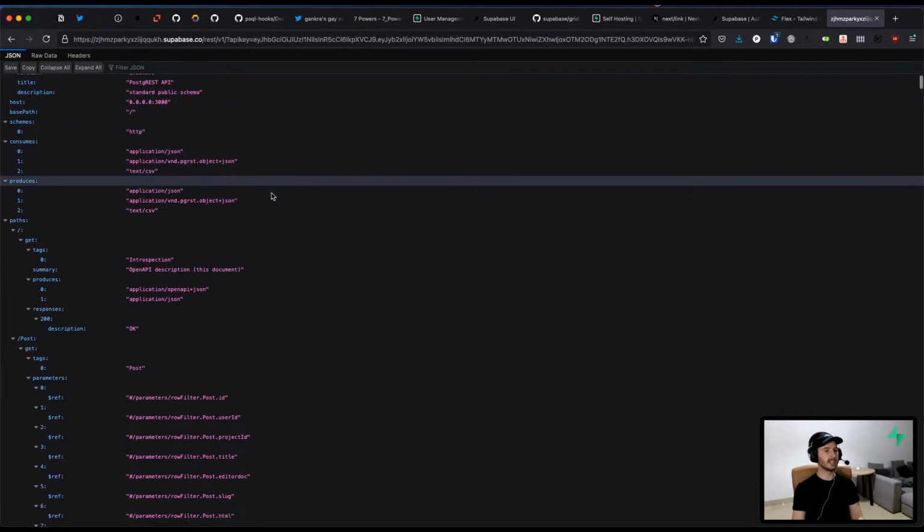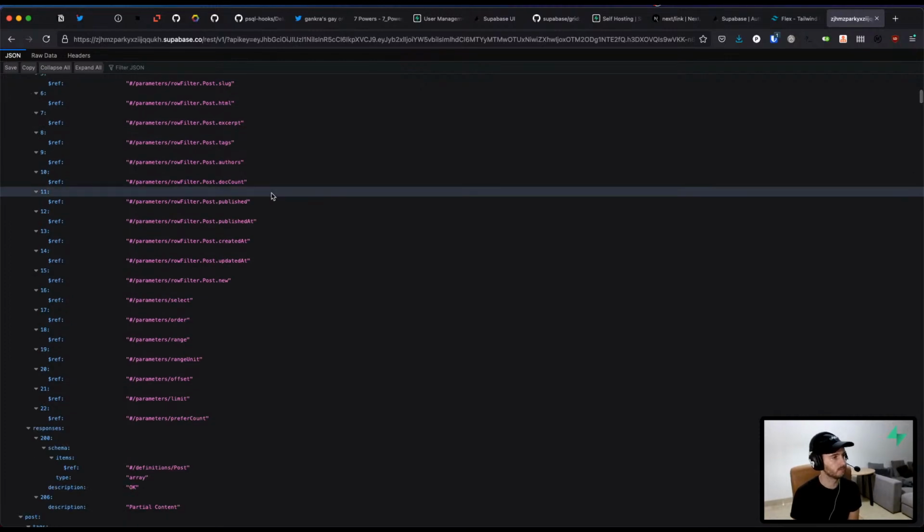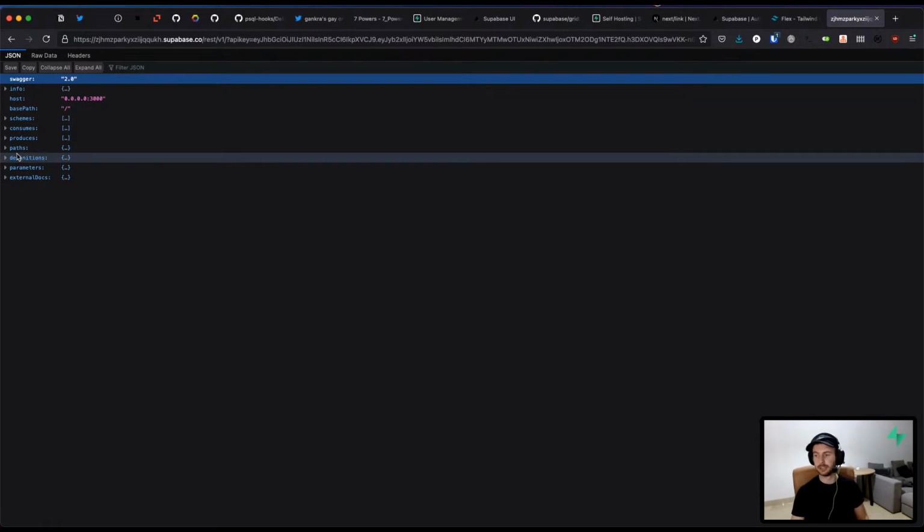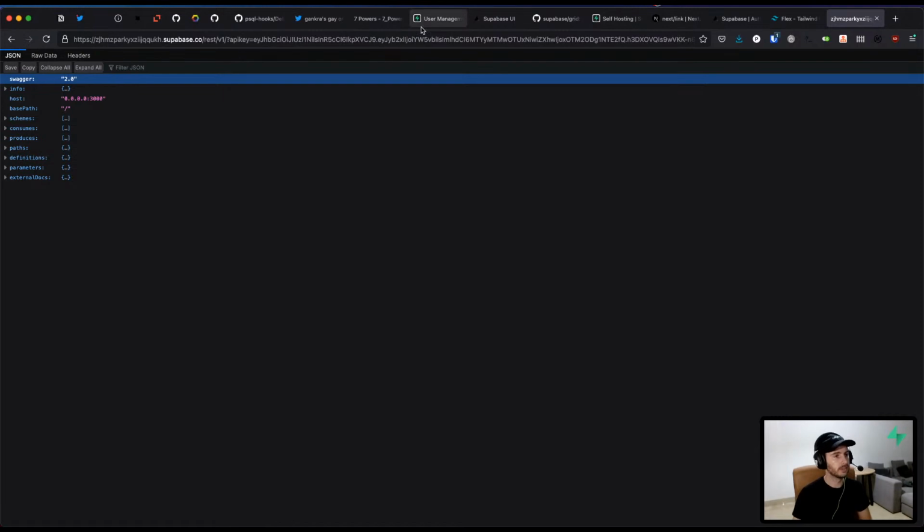Okay, so now I've got the Swagger. It's just a JSON document. If I collapse all of them, you can see we've got a bunch of paths and a bunch of definitions. And this is quite cool because it generates all of this